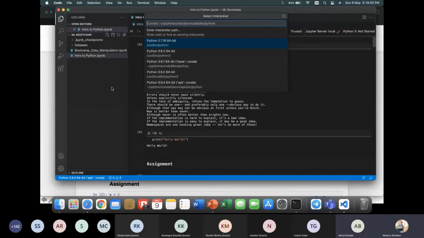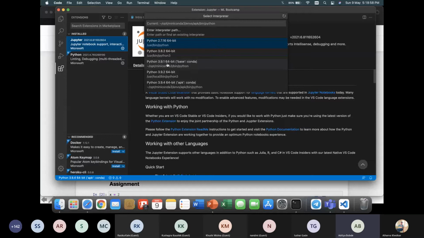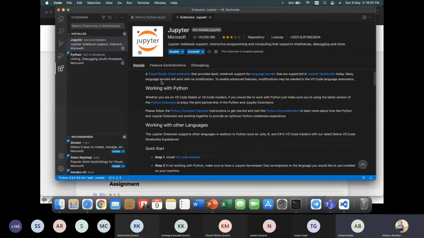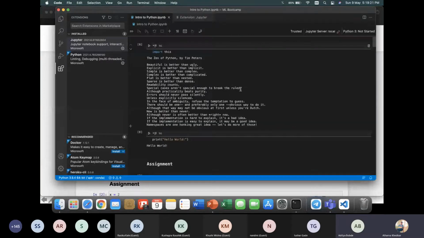Okay, Dal is asking how do you start up Jupyter in VS Code. Okay, Dal, so there is an extension called Jupyter Notebooks in your VS Code. You just have to install it. There are various extensions, Jupyter, Python, C++, anything. All these extensions are provided in VS Code. You just have to install them. Daryl, sorry, I think it's Daryl, if I'm not wrong, and I'm sorry if I'm pronouncing it wrong as well. So you have various extensions for it. Jupyter is one of those, and this is how you can load your notebooks in VS Code as well.